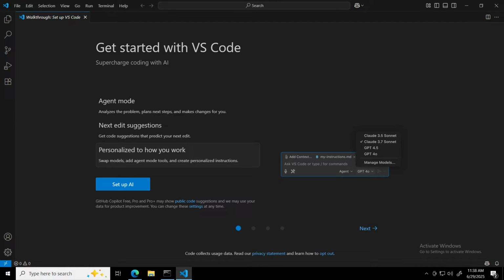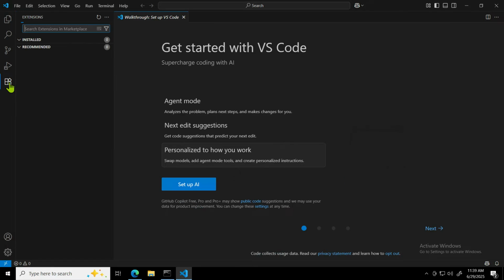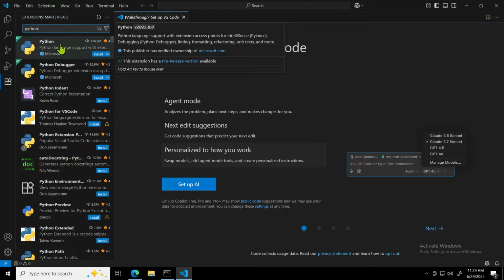Now before we set the Python interpreter, we need to install the Python extension to add Python language support to VS Code. So you see here, if you click this icon, it says this is Extensions. Click it, and here you can search Python. When you search Python, you install this extension, Python from Microsoft. So I will install it